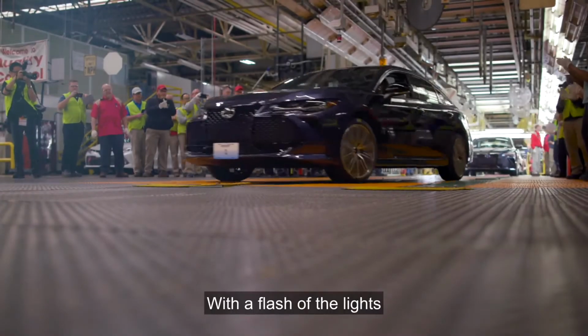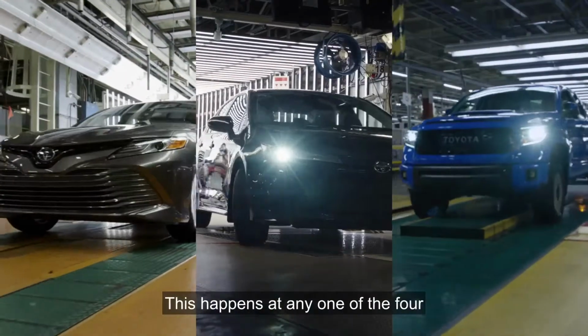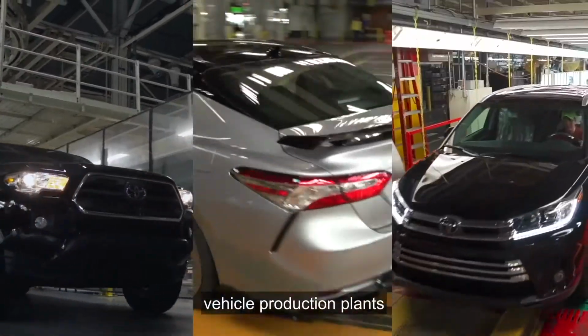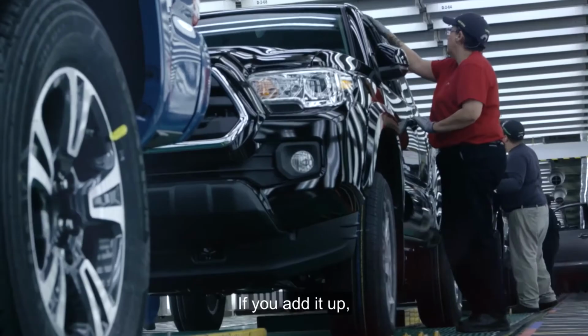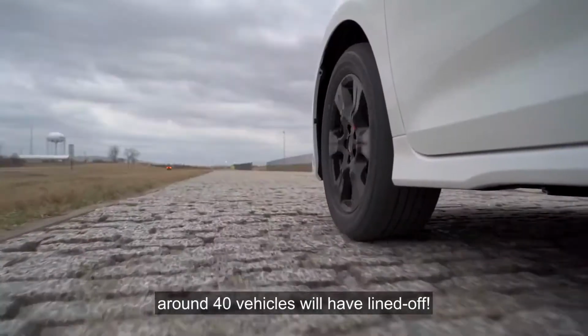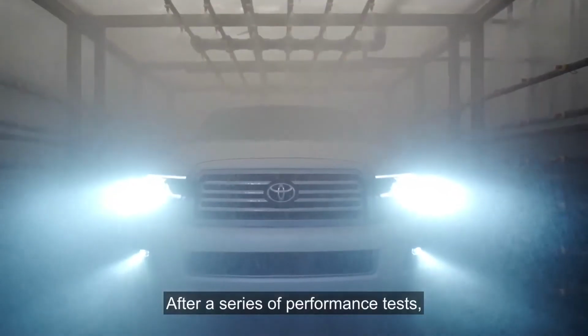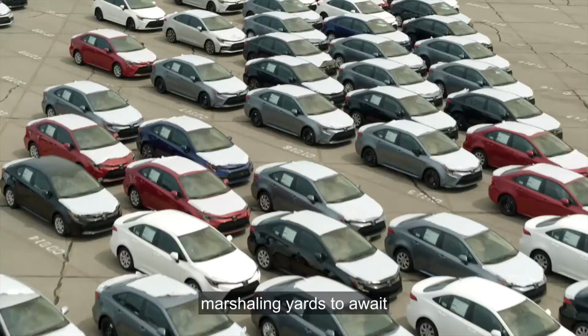With a flash of the lights and a honk of the horn, a new vehicle drives off the line. This happens at any one of the 4 vehicle production plants about every 60 to 70 seconds. If you add it up, in the time it has taken to watch this video, around 40 vehicles will have lined off. After a series of performance tests, the vehicles go to the large marshalling yards to await transport by